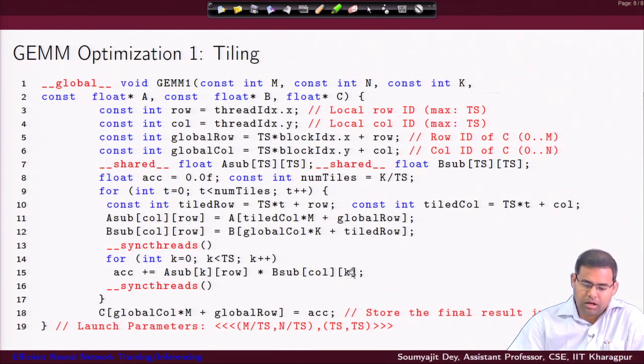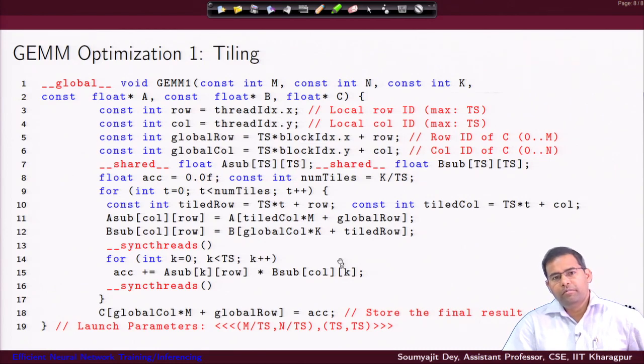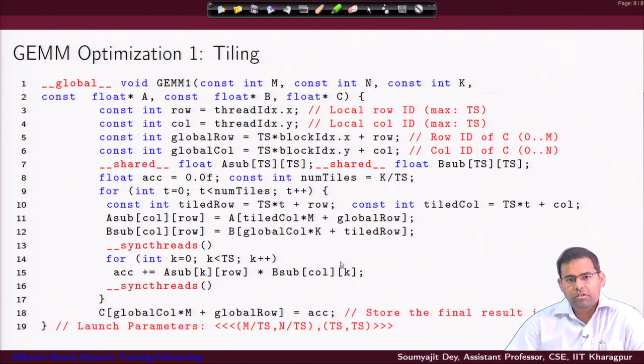Now, earlier if you remember, we were happy with the result of this kind of a tiling based operation, right, this kind of matrix multiplication kernel with this kind of tiling, we were happy with that, right. But now, we will try to see whether this can be accelerated further. Reason?